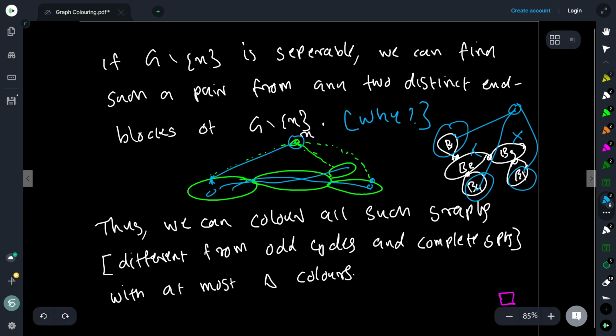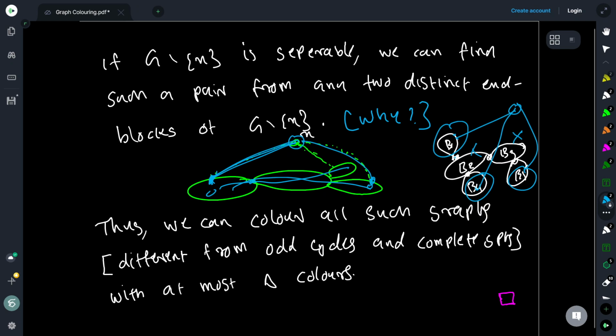So if I pick a vertex from the block and remove it, it is not going to disconnect the graph, since it is not already a cut vertex. So there is a non-cut vertex here. Pick that and pick that. These vertices, which are neighbors of x, are definitely not cut vertices. Once I pick these two vertices, they are both adjacent to x, and they are not adjacent to each other, because they belong to different blocks, so they cannot be adjacent. And what we see is that we have a pair of vertices whose removal still keeps the graph connected.